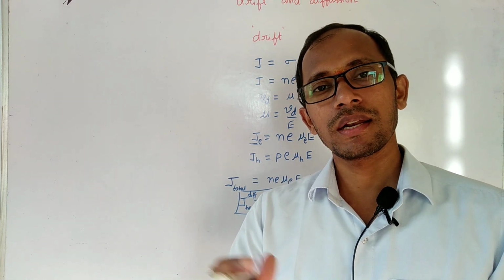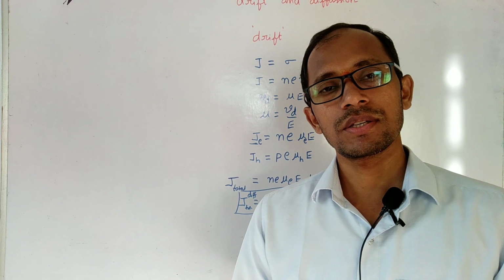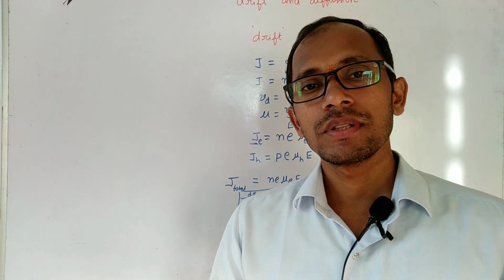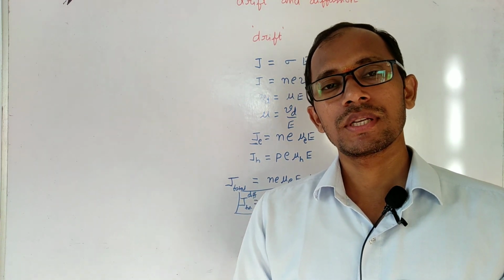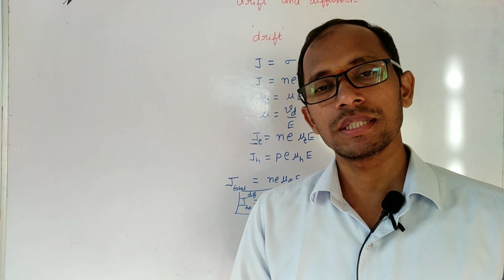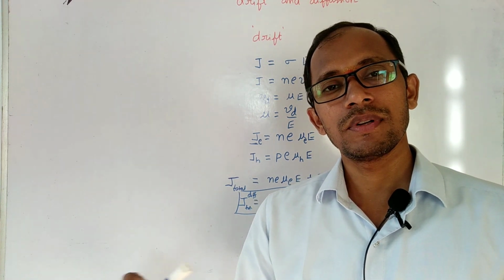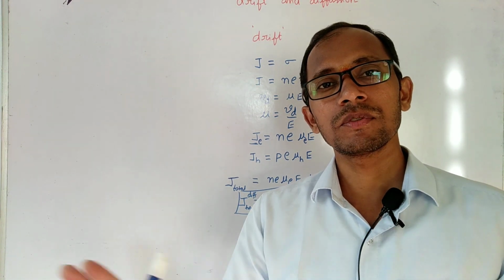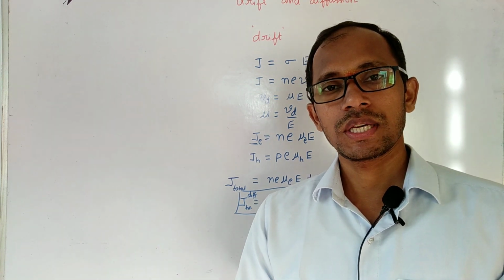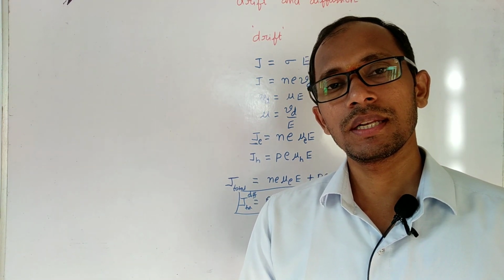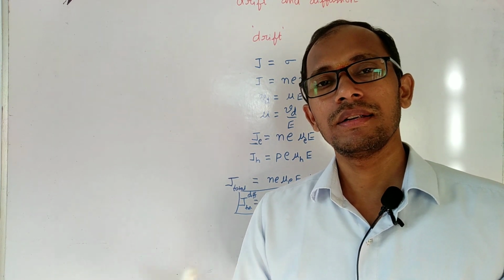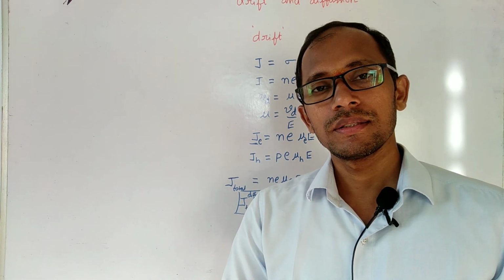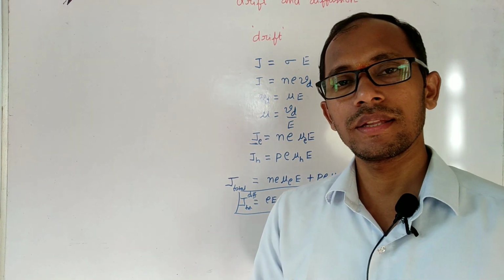Whenever there is a concentration gradient, then even if you don't apply any electric field, because of the temperature at room temperature, diffusion of these charge carriers will take place from one place to another. That means charge carriers try to move in order to reach equilibrium throughout the material. This movement of charge carriers produces a current. That current is called diffusion current. This diffusion current is different from the drift current. So what is the diffusion current, and how do we find it?